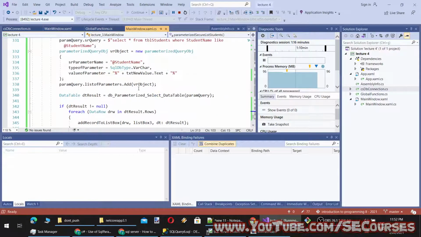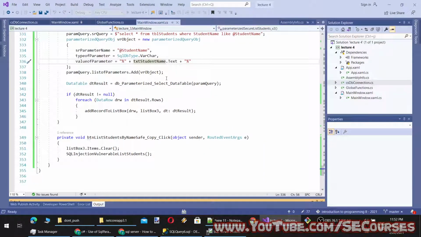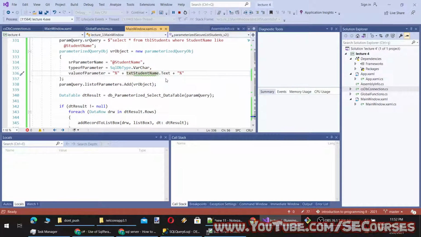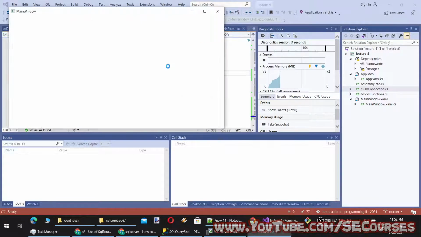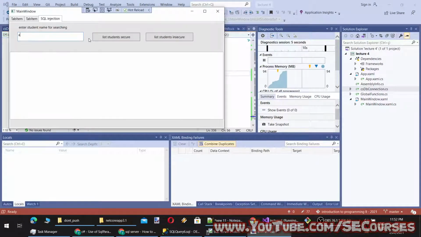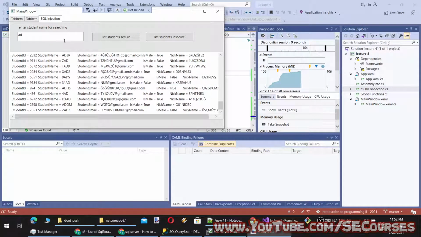That is why. We had provided an incorrect text box name. Okay, now it is working as expected and it is totally secure.